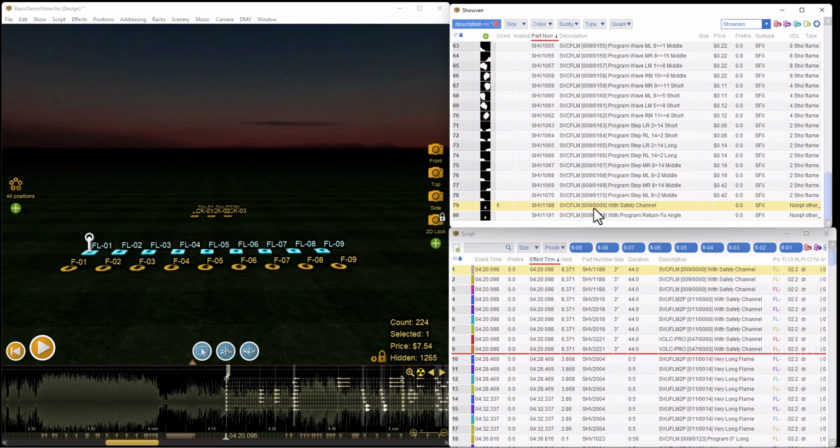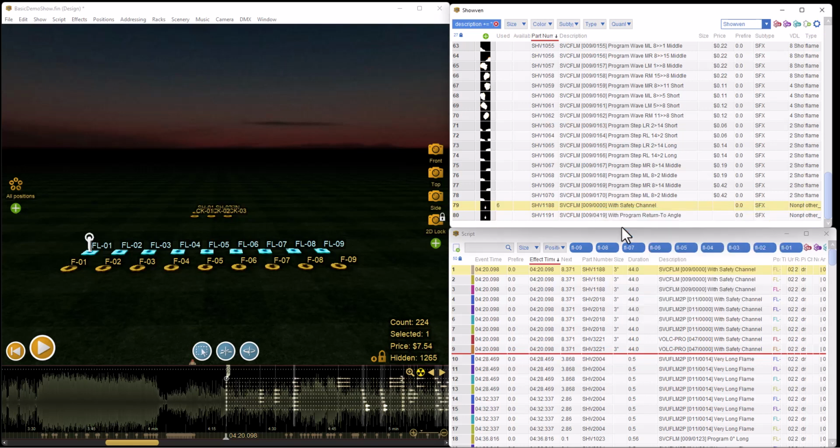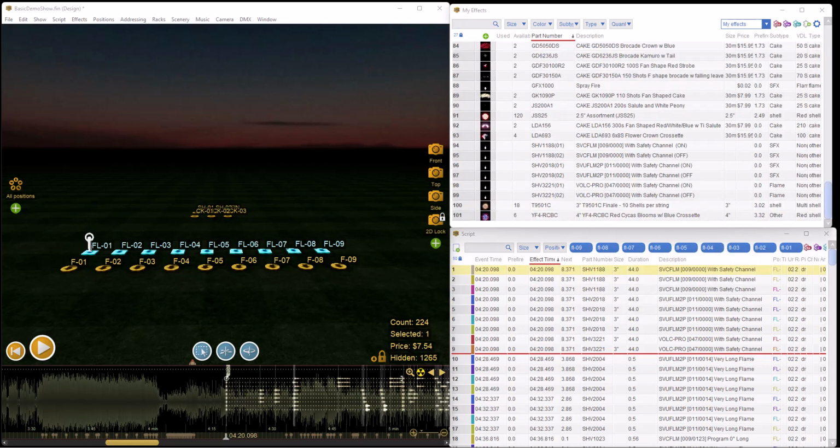And what I'm going to do is copy this effect. Okay, but first a preview. In the end, I'm going to take this one safety channel, which has a duration, and set it to a safety channel on for each type of device and a safety channel off for each type of device. As I show you how to do this, one of the things you'll do is you'll then invoke these or replace these in your